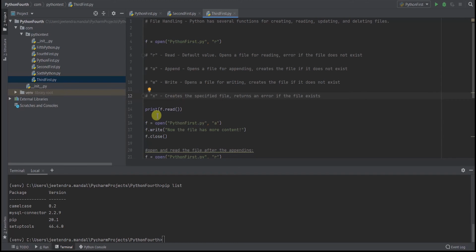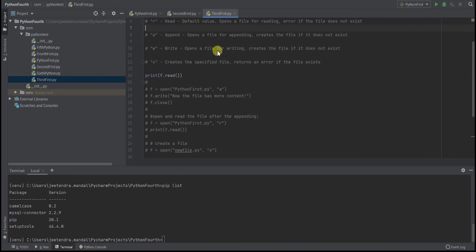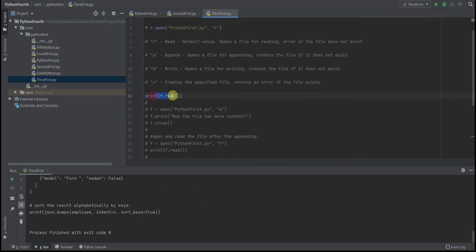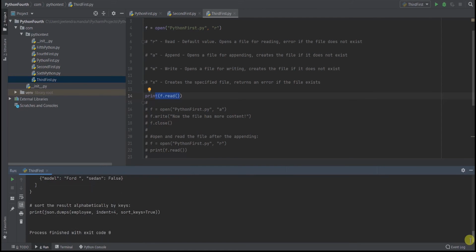First of all, let's do the reading part. I'm opening it and trying to read the file. This is how I've read the complete file.